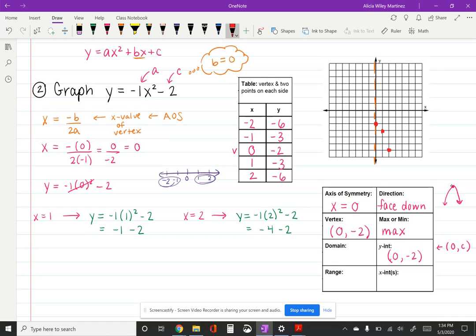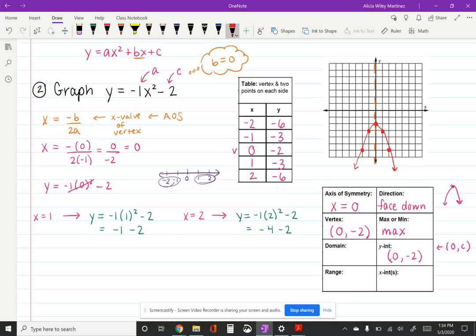Okay? Remember that we know the points on the other side, but if you didn't, we know that since this point is 1 space away from the axis of symmetry, 1 space away in the other direction, you can see that we get that point -1, -3. This is 2 spaces away from the axis of symmetry. That means that 2 spaces away in the other direction, there's going to be another point, which happens to be that other point we found in our table, -2, -6. We can then connect this